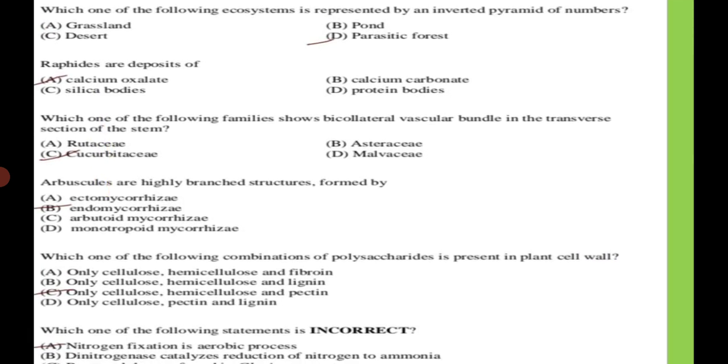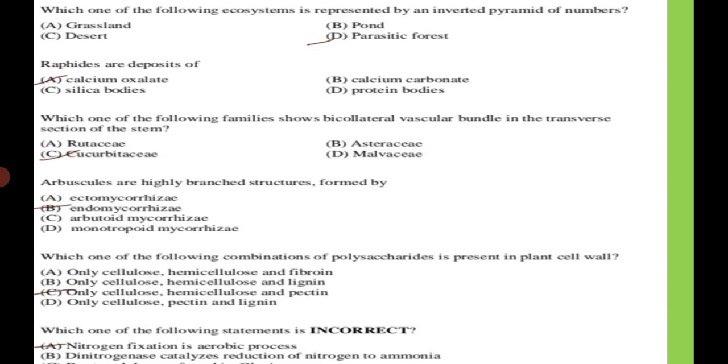Then the next question: which of the following ecosystems is represented by an inverted pyramid of numbers? In an inverted pyramid, the base is very small, whereas the apex is large. So it is called inverted. An inverted pyramid is formed when the number of individuals or biomass is minimum and increases at each trophic